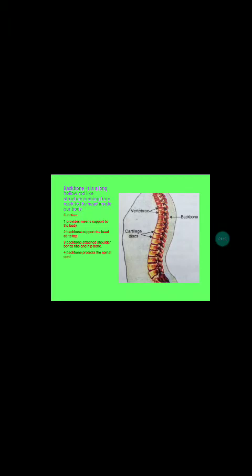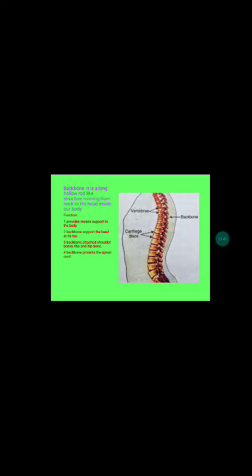Now come to the backbone. So backbone क्या होता है? Backbone आपके पीछे की जो हड्डियाँ होती हैं, that is called backbone. It is a long hollow rod-like structure running from neck to the hip inside our body. The function is to provide main support, because you cannot stand properly or sit properly without the support of backbone. You can easily bend your body with the help of backbone.